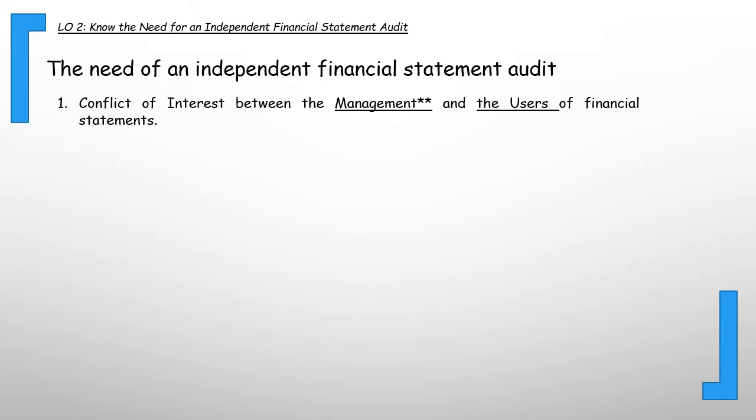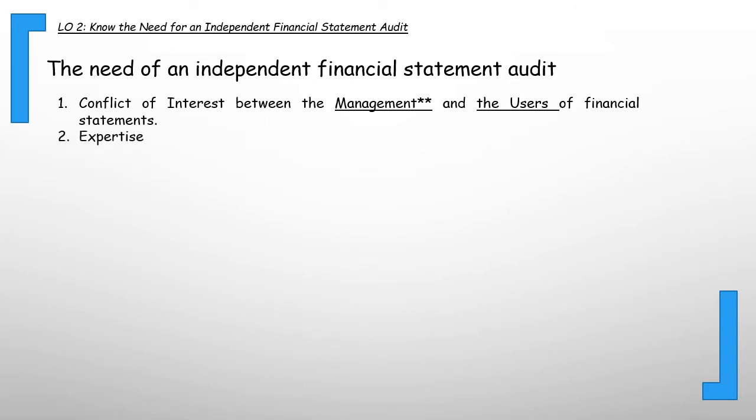Example, yung management. Diba? Gusto nila yung sound financial statements in order to acquire loans from banks or other creditors. Diba? Yung external users naman, say investor for shares valuation, supplier, whether to provide goods or services on account, yung BIR, kung talaga nagbabayad sila ng correct taxes, yung SEC naman kung ina-adapt nila yung correct accounting policy, di ba? As regulatory body ng corporations and partnerships dito sa Pilipinas, yung SEC.